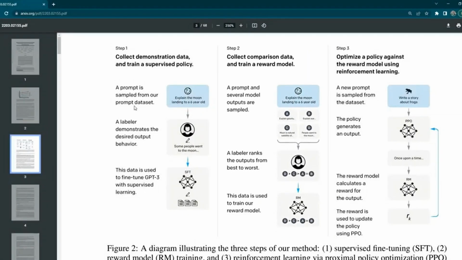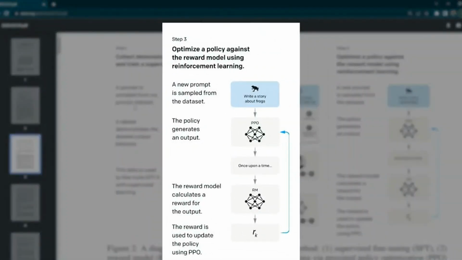The final step over on the right was to use reinforcement learning to optimize the original language model using the reward model. So, if the model generates the text that follows the task intent and is not untruthful or toxic, it's rewarded. And that's the crux of reinforcement learning. This way, a model is encouraged to generate text that would receive positive human feedback. PPO, or proximal policy optimization, is the algorithm used to calculate the loss, which is used to update the original